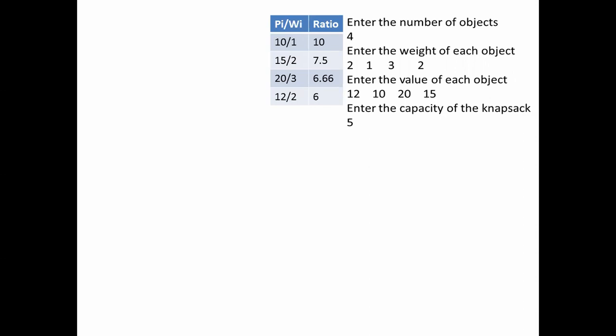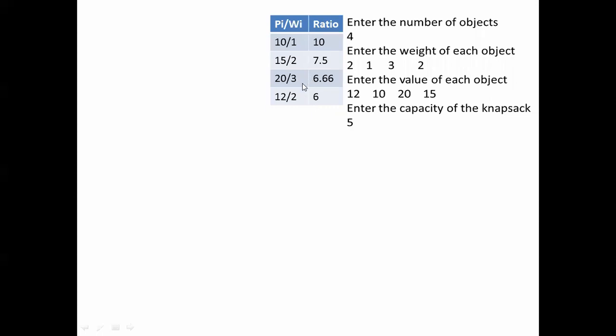Okay, items are sorted in decreasing order of the ratio. Initially we have 2 1 3 2, but you can see that 12 by 2, the value is 6. You can see this table, that is profit by weight and the ratio we have got. I have given it in a table. You can notice that 12 divided by 2 is 6. That is the first item, but after sorting, it is in the last position. The ratio is very less. Among all of these, it is the least ratio.